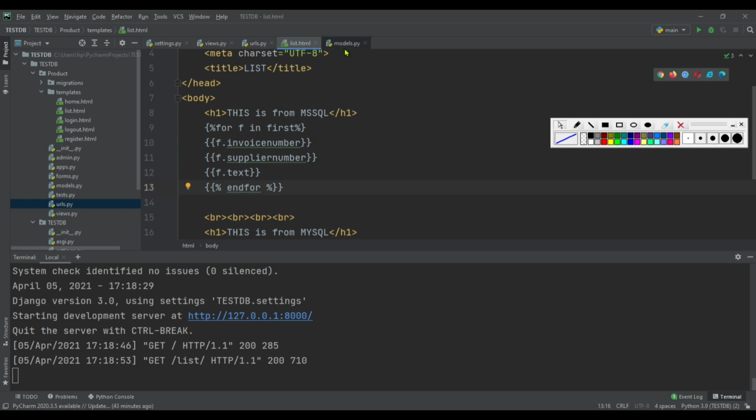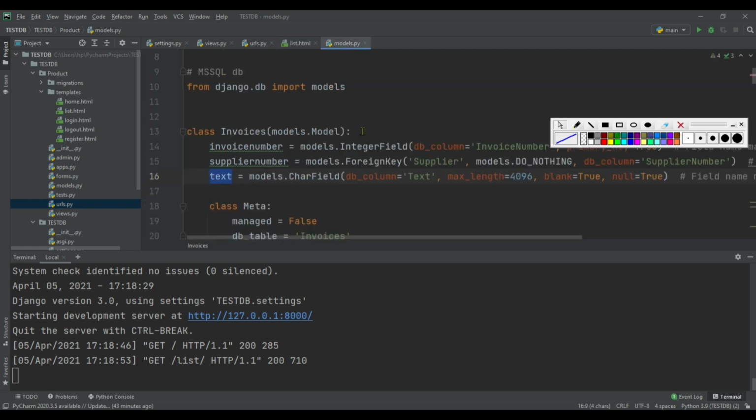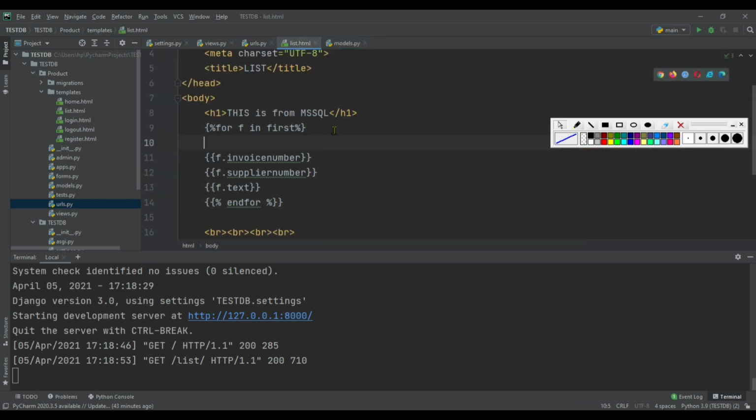So here inside this models.py file, ID column is not available, but it is automatically generated column. We no need to mention ID column name here. So if we want to see, we can import ID column here, f.id.